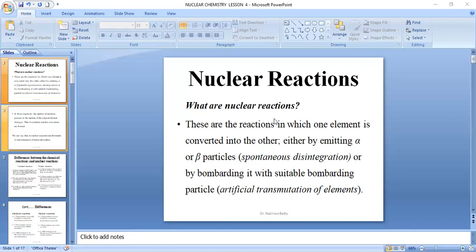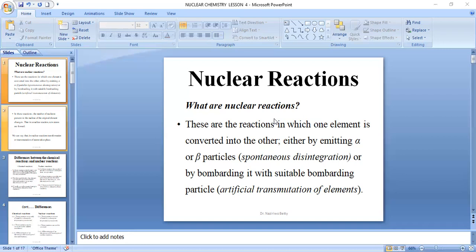They were also classified into 2. We have the single magic number. Here, one of the particles is having a magic number, either a proton or a neutron. Then another one is the double magic number, where both the particles are having the magic number. That is, a proton is having a magic number, and the neutron is also having the magic number. And it is believed that the nucleus which has particles which have got magic numbers are referred to as stable